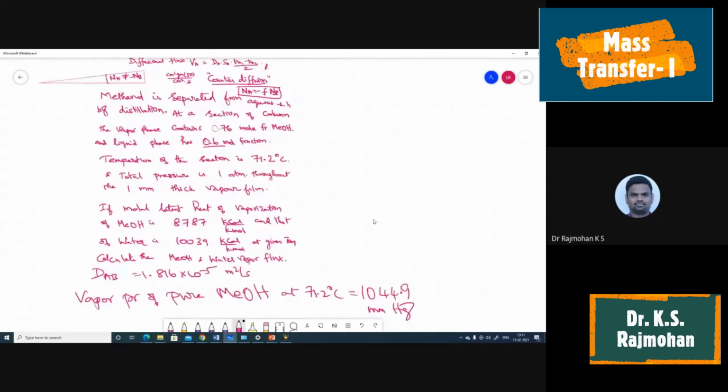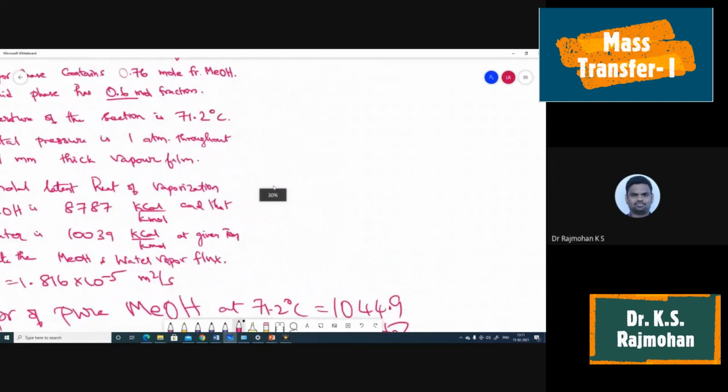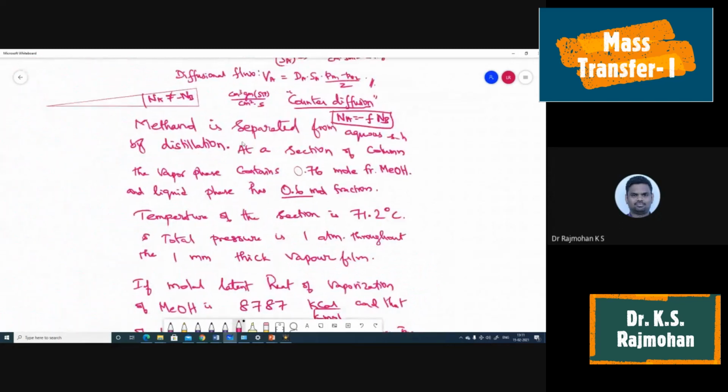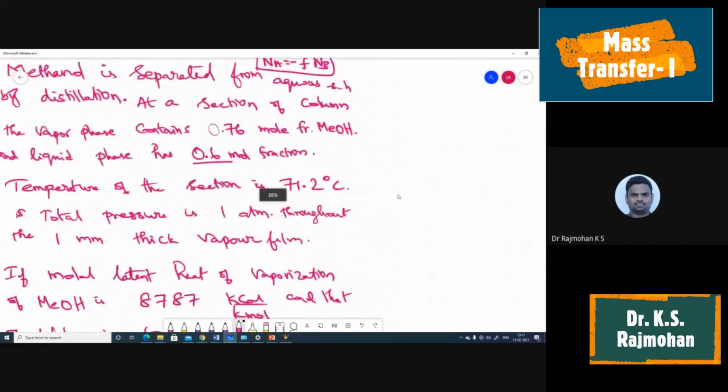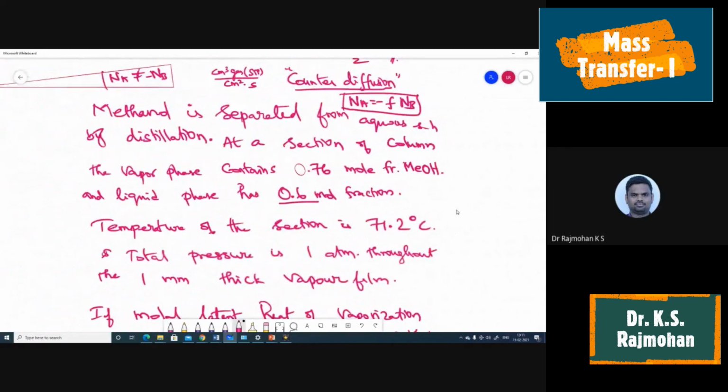So I repeat, this numerical is about counter diffusion. That is, it is neither equimolar counter diffusion nor A diffusing through non-diffusive B. Okay. So we have to first establish how Na is related to Nb. So this is not even a reaction. If it is a reaction, I told you how to relate Na and Nb. Na by small a equal to minus Nb by b. Right? So if A and B are, one is reactant and one is product. That's what we did in the class test derivation also.